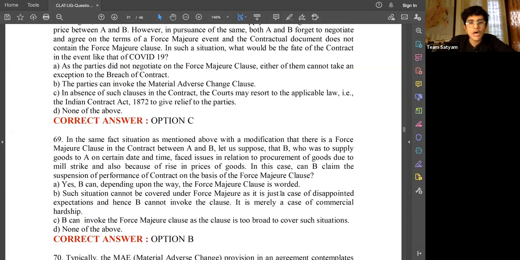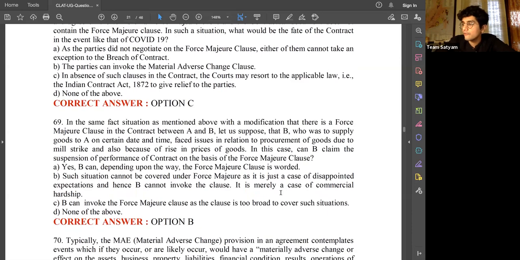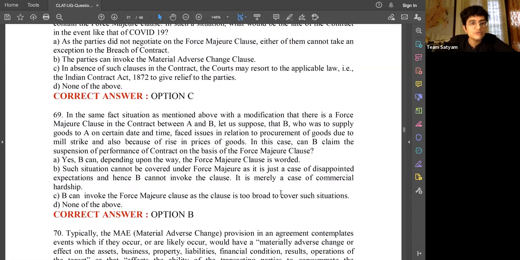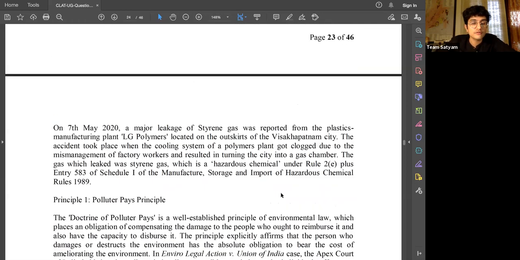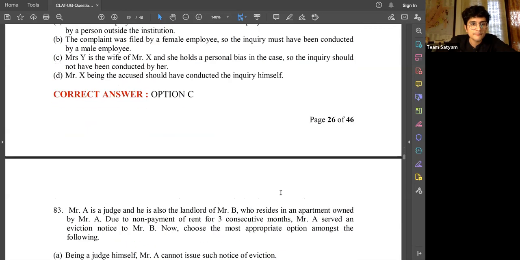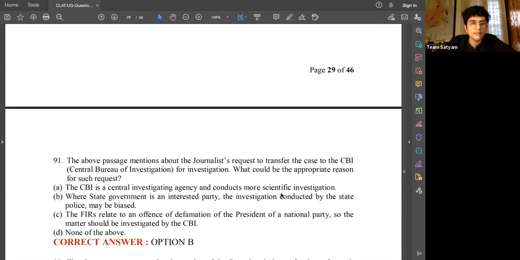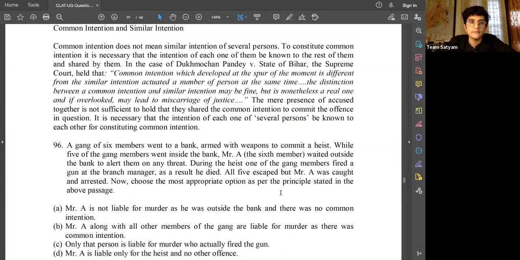All right, now let's look at some other problem questions that we thought were problematic. For that, I'd go straight to question number 103, which is one of the last few questions of the paper. And then we'll come down to a few problematic questions, which might not be incorrect, but required some labor.